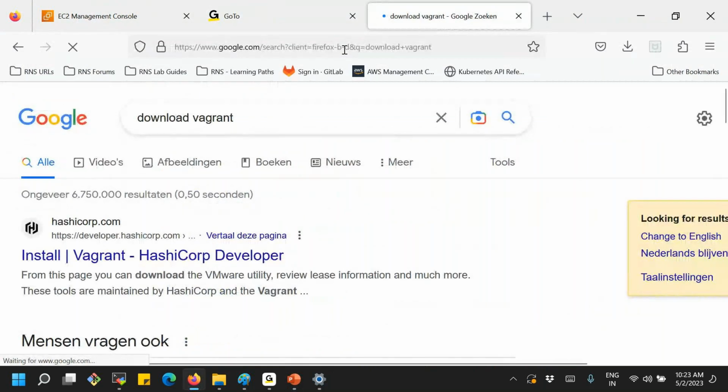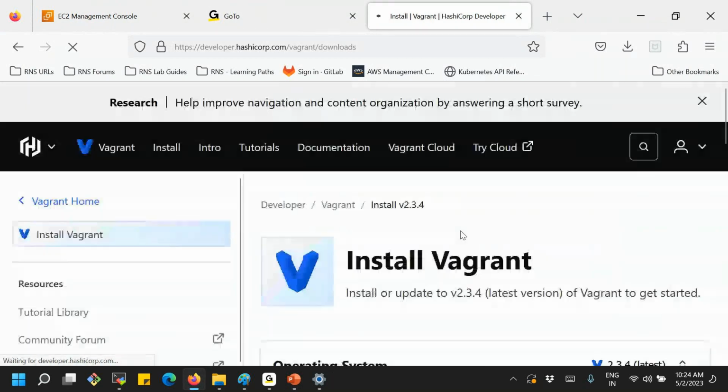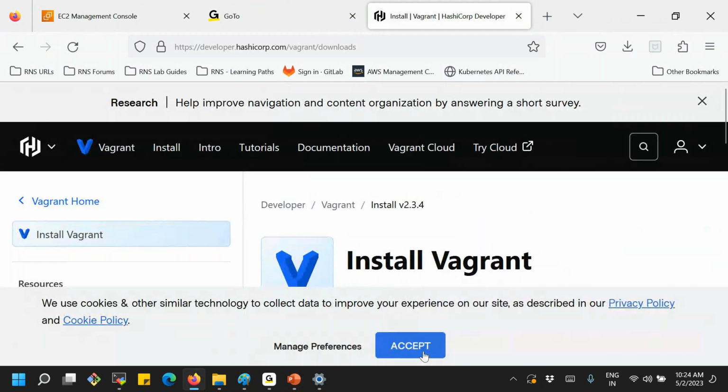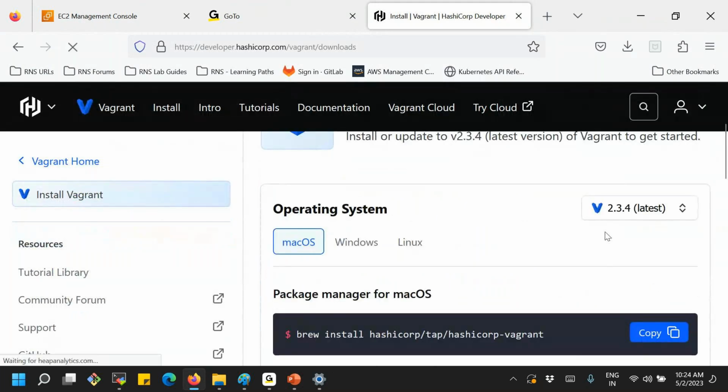The vendor providing this tool is the HashiCorp team. Yes, install Vagrant. Again, you download it on the basis of which flavor of operating system you have. So which host OS are we using now? Windows. Yes, the Windows based one you can download.